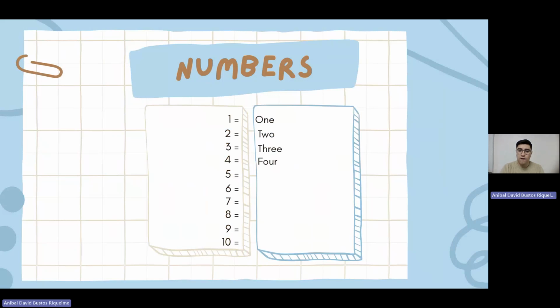Here we have 4, 5, 6, 7, 8. This has a lot of letters, but the pronunciation is 8. 9